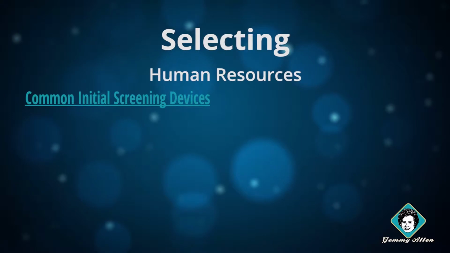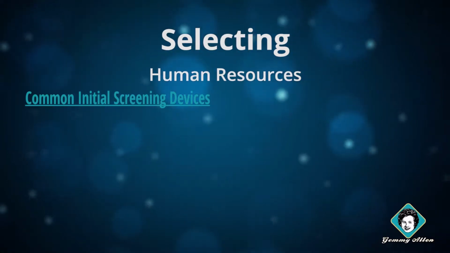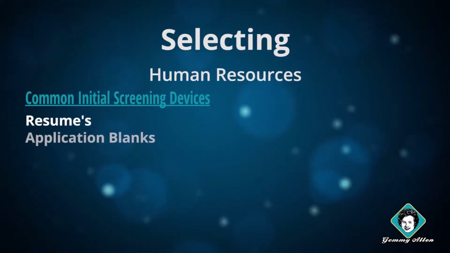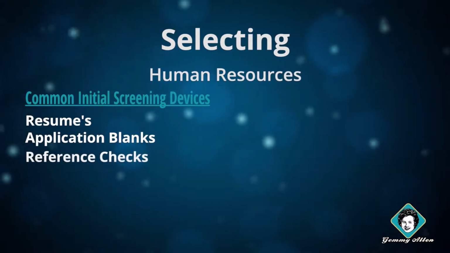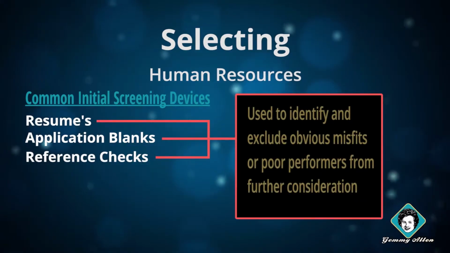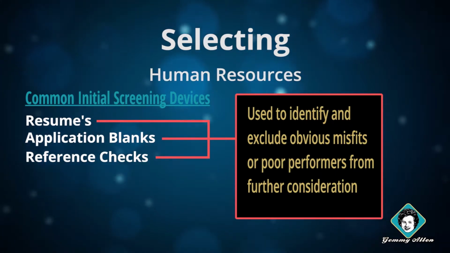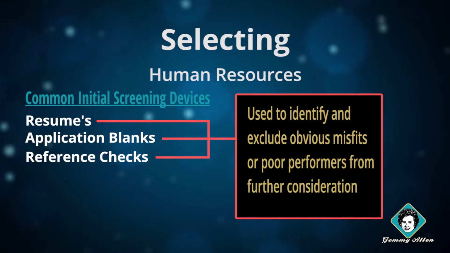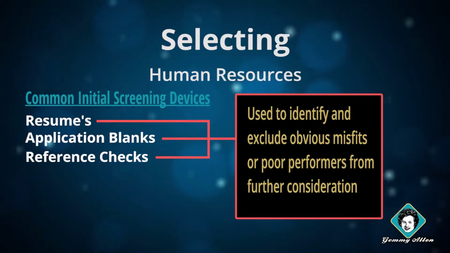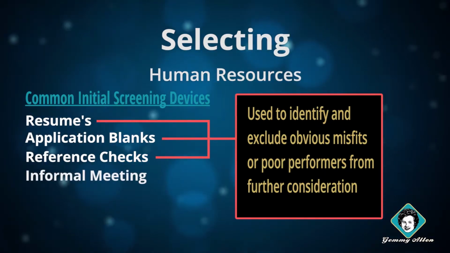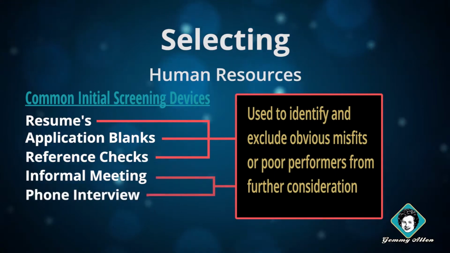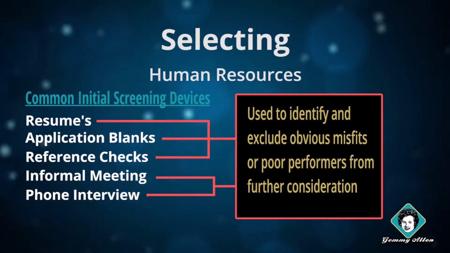Common initial screening devices include resumes, application blanks, and reference checks, which are generally used to identify and exclude obvious misfits or poor performers from further consideration. Another initial screening device is the informal meeting or phone interview, which is often used to allow organizational members direct